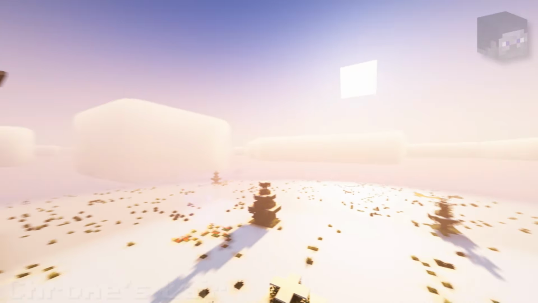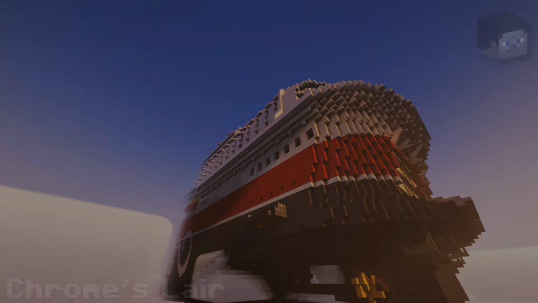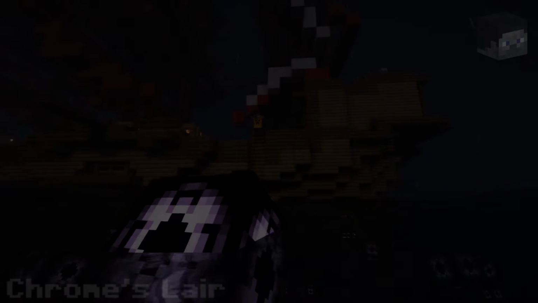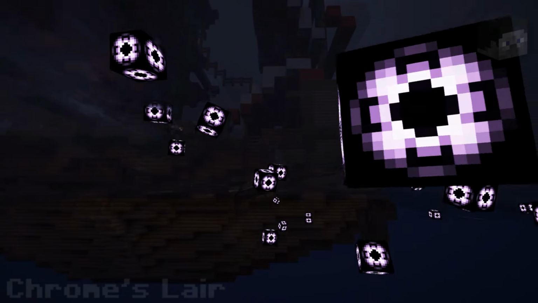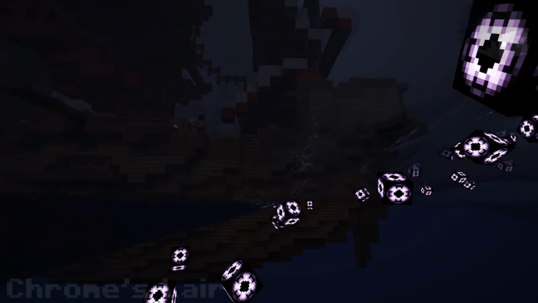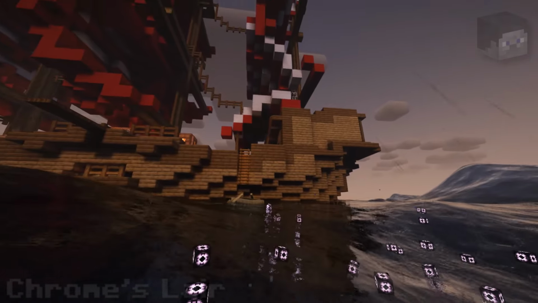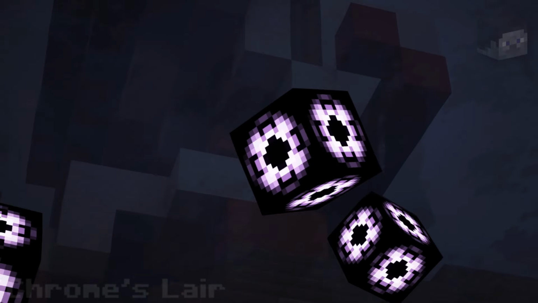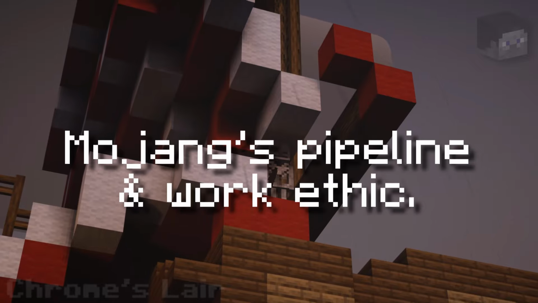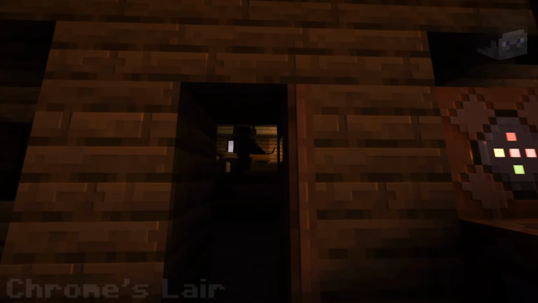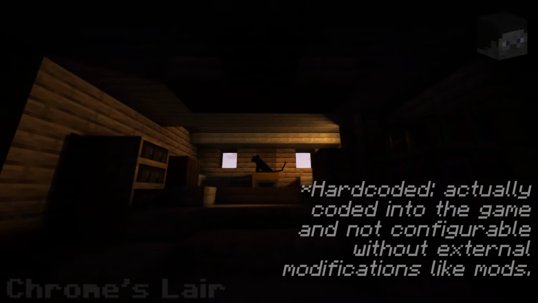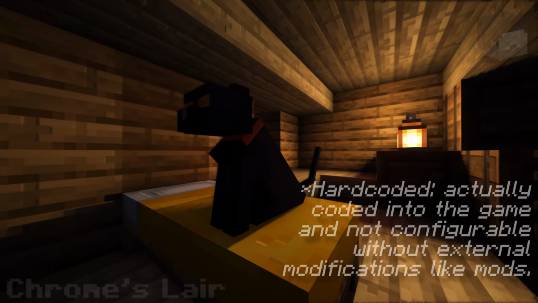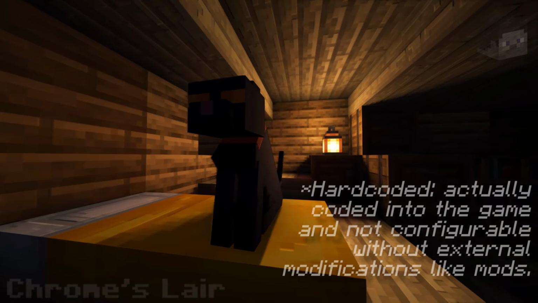This basically means that you cannot save large structures at all, and everything has to be fragmented. This limit basically just exists for Mojang's own convenience, not ours. These limits are made to fit Mojang's pipeline and work ethic, not ours. And it's hard-coded, like I said, meaning that you cannot change it, not even editing the files, unless you use